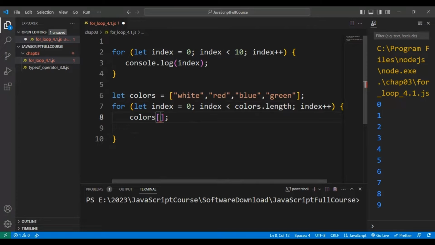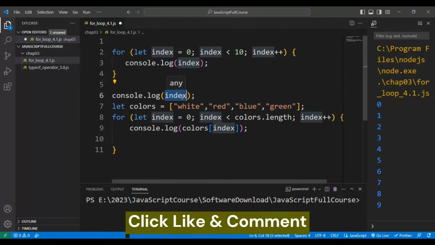Whenever the index is 0, it gets this particular colors of index. So let's say the index value is 0 and colors of index 0, it gets this particular element. Whenever the index value is incrementing, it will start pointing to the next value in this array, and so on. That's how it happens. So this for loop runs till the last element of the array. Here I will use console.log to print the value of these array elements. And before this I will add one console.log, just to separate